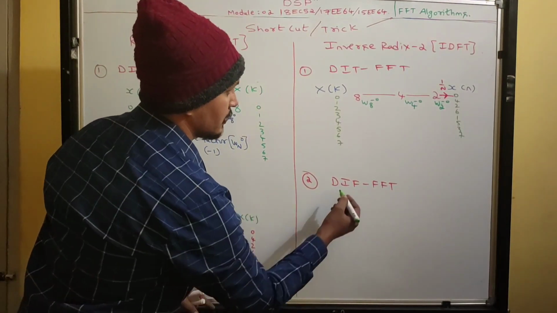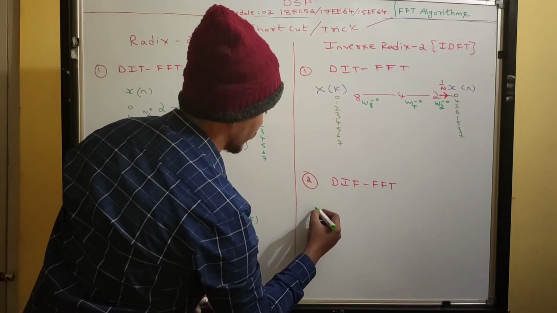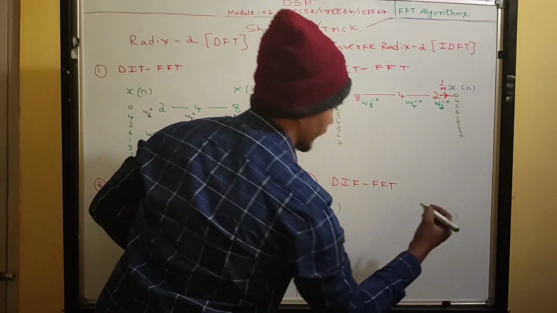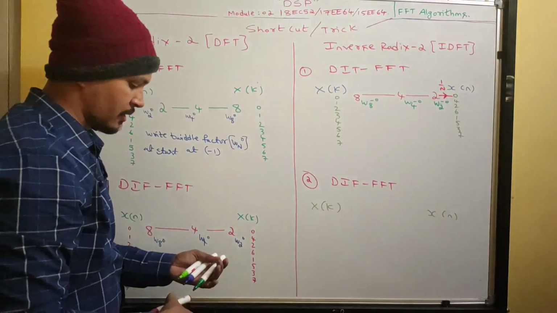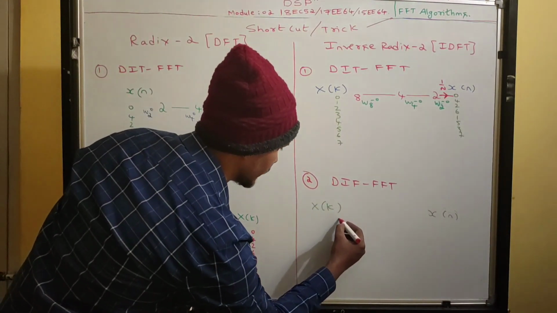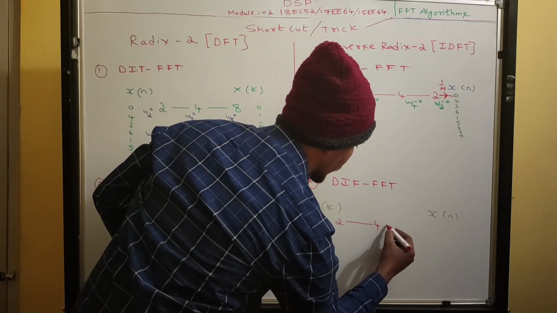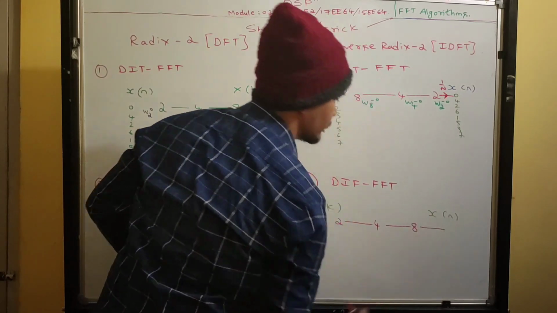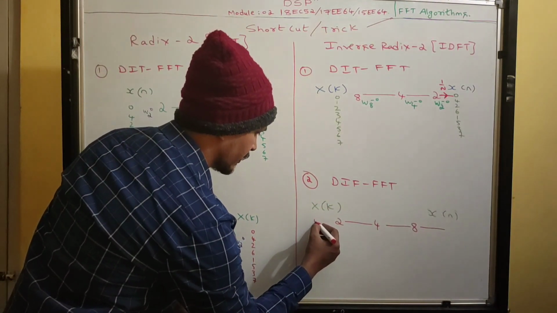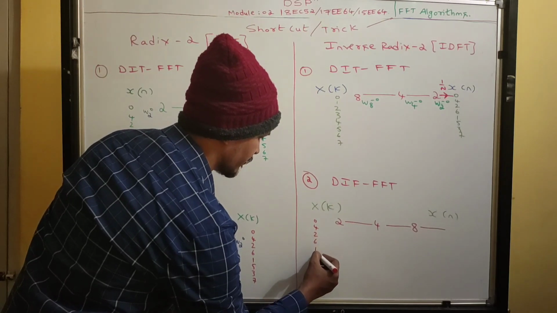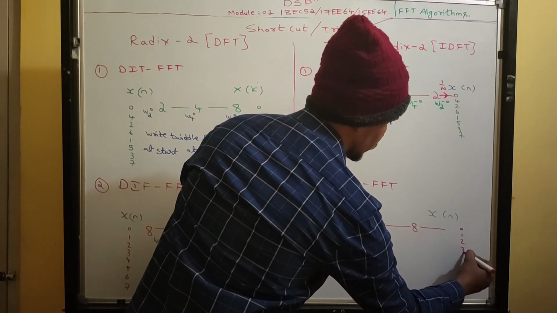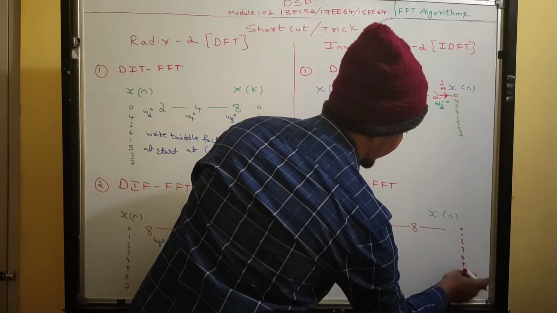Okay, now look here. Inverse radix-2. Obviously input is X(k) and output is x(n). Where is decimation? Decimation in frequency, X(k). There you write 2-point butterfly, after that 4, then after that you write 8-point butterfly. Which one is in decimated order? Frequency. So input will be in decimated order: 0, 4, 2, 6, 1, 5, 3, 7. What is output? Correct order: 0, 1, 2, 3, 4, 5, 6, 7.